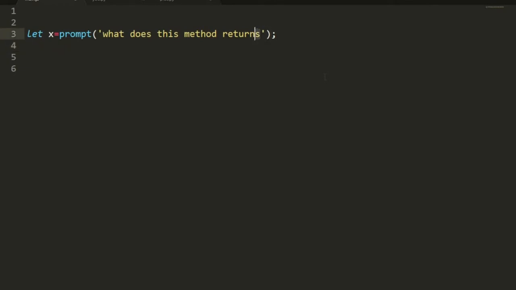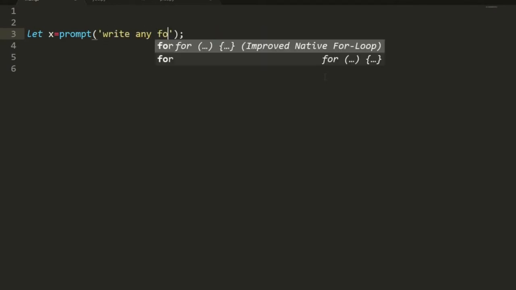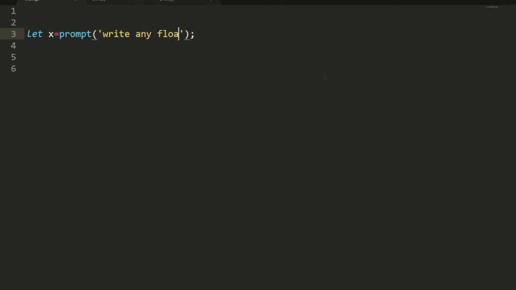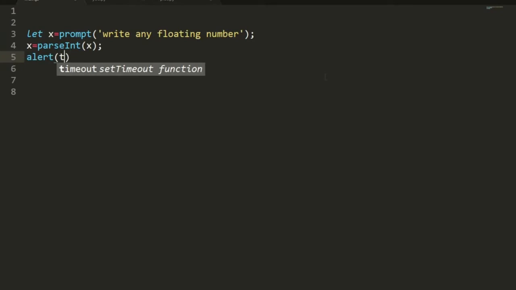Let x is equal to prompt, write any floating number, and say x is equal to parseInt of this x, and then we need to alert the typeof x.